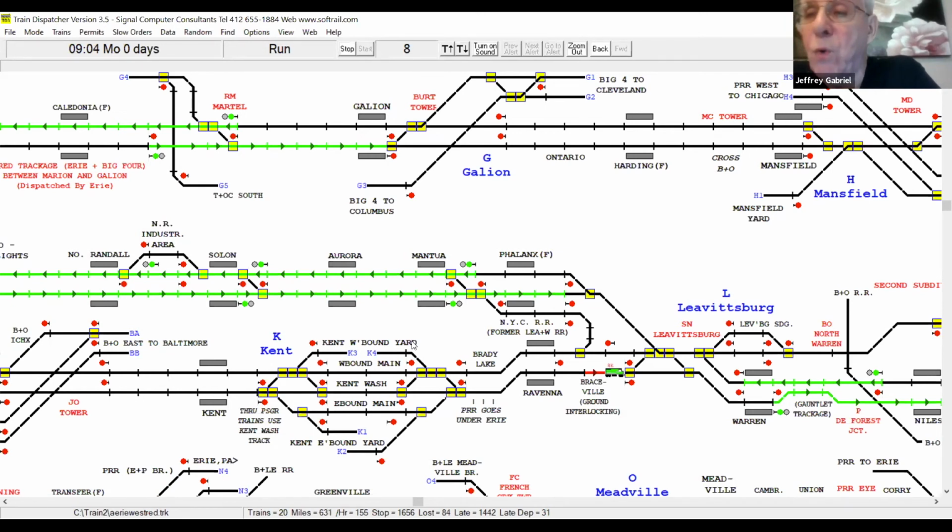So if you wanted to design your own territories, you would have to get this companion program called Track Builder, which is the one that I use to make these. In other words, I make these in Track Builder, and then I compile them by clicking something in Track Builder, and it makes everything that you can run in the Train Dispatcher program. So it's sort of like a 2-step process.